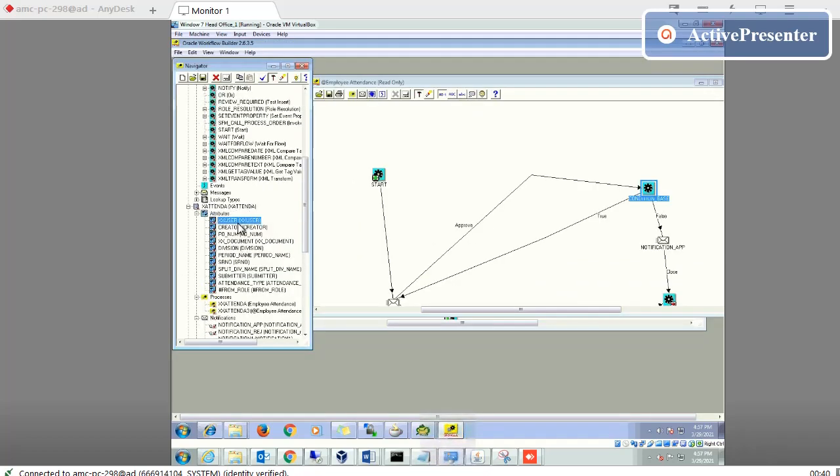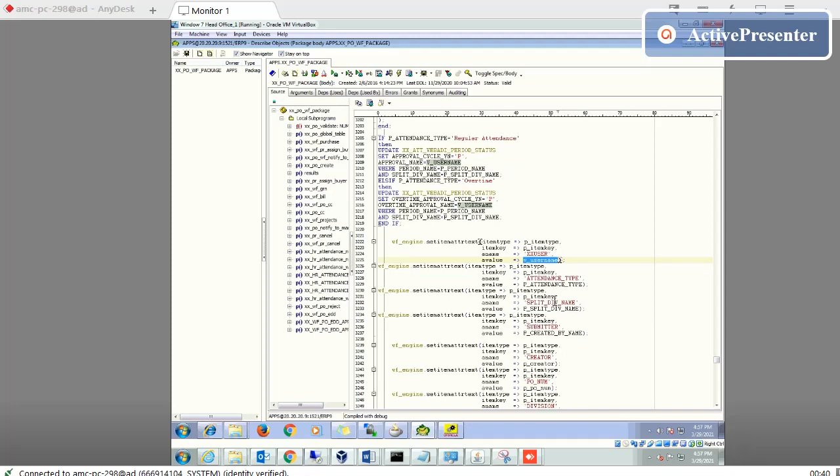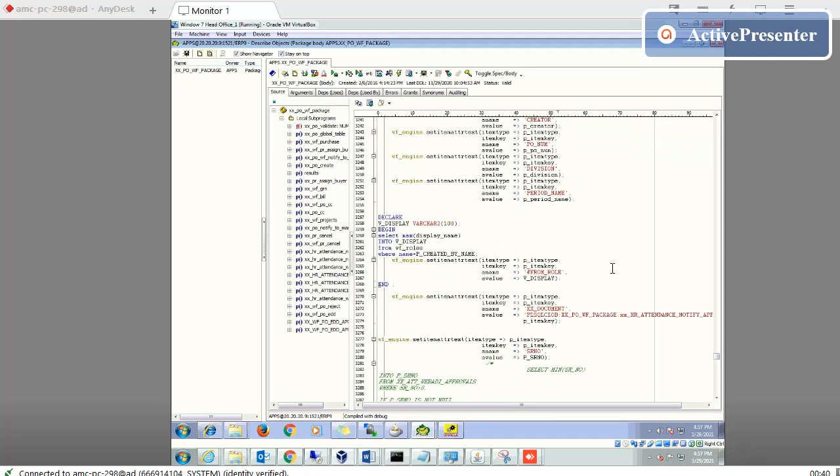I enter the data regarding this. The user is coming from here. So who is his supervisor? I enter the supervisor here as per the company policy. I enter all the variables.